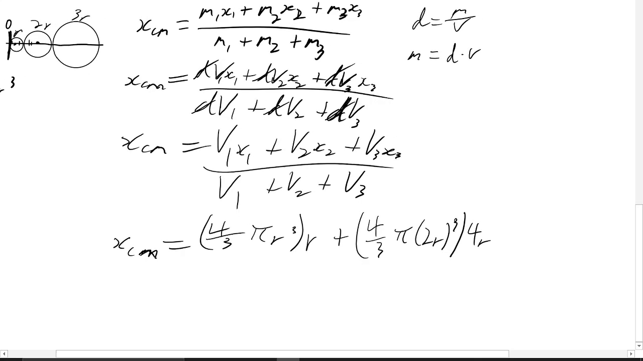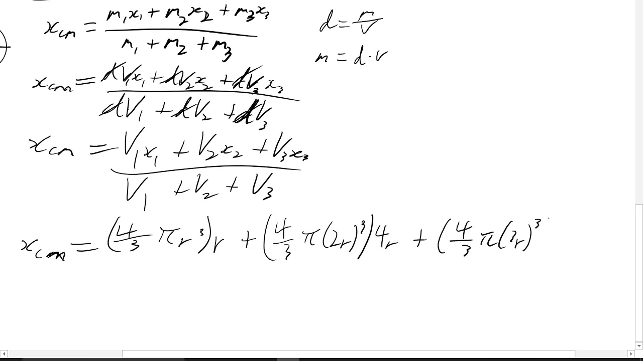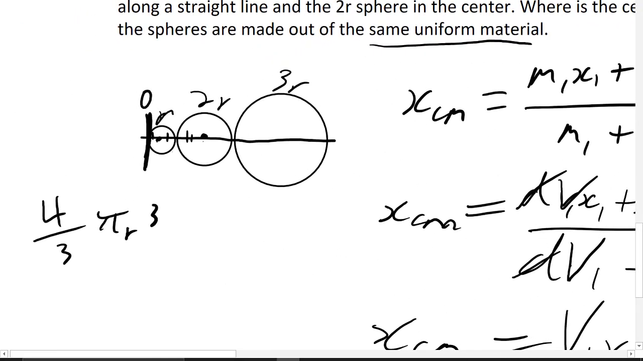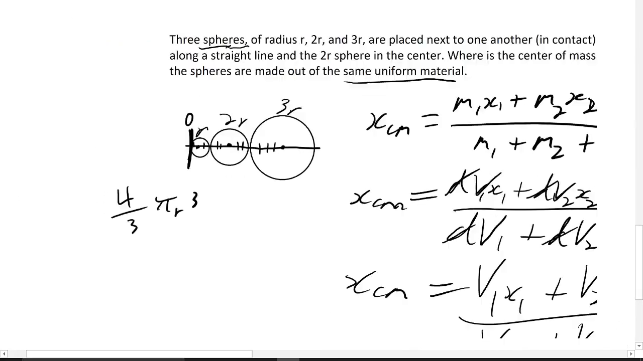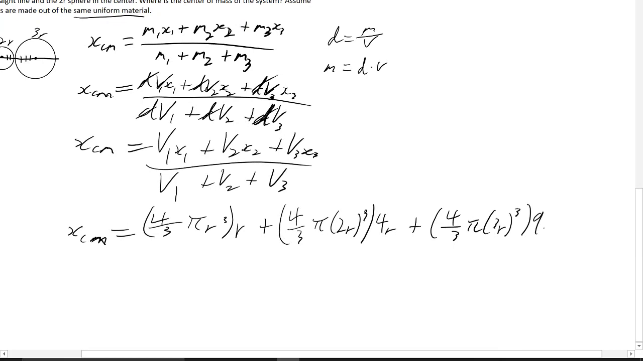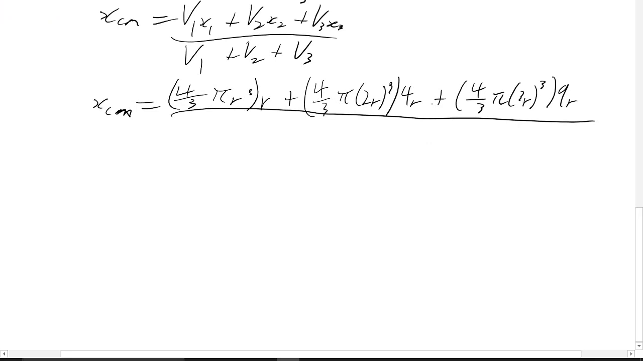times 4r. And then the third sphere, 4 over 3 pi, in this case it's 3r, it's the radius, 3r cubed. And now let's count again. Here it is 4r, so plus another 2, 6. And to the center of this, there's another 3. So total it's 9 from the reference point times 9r. And then divide by the same thing at the top except without the